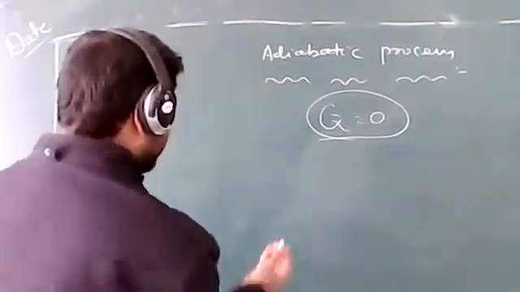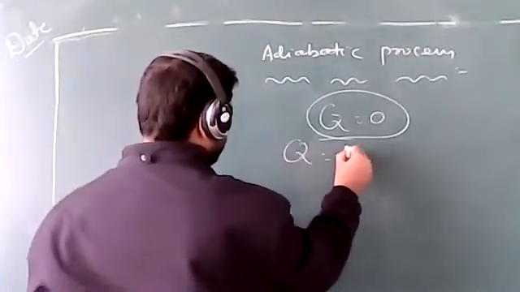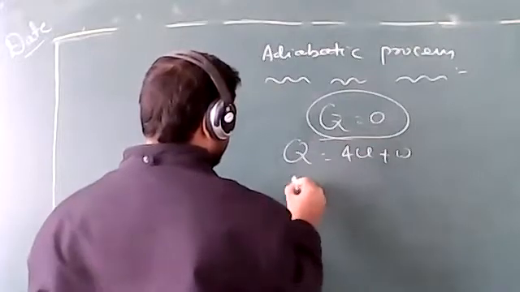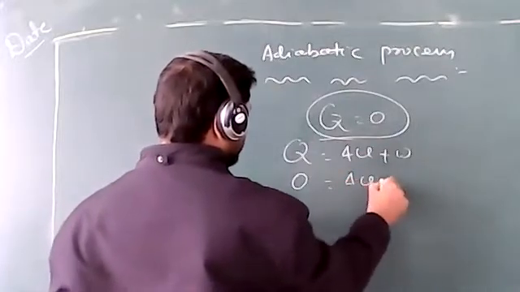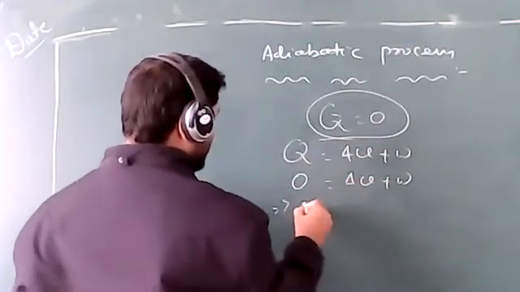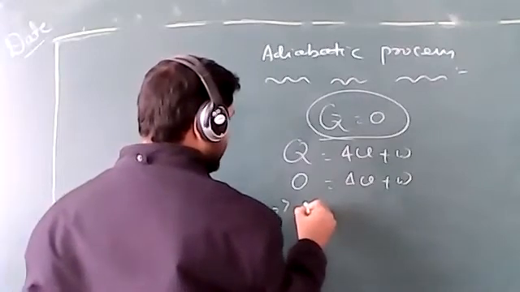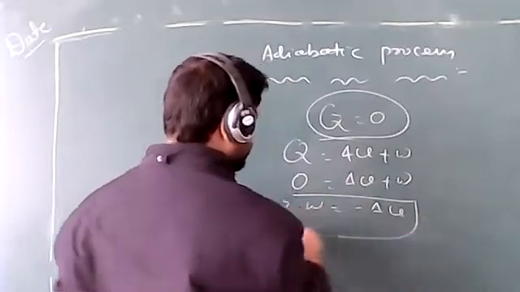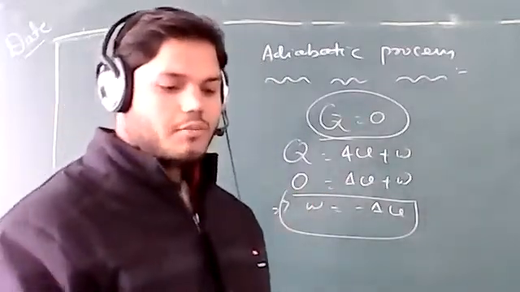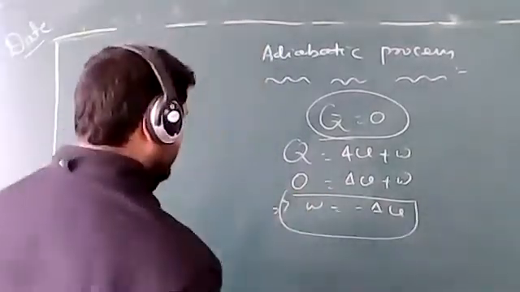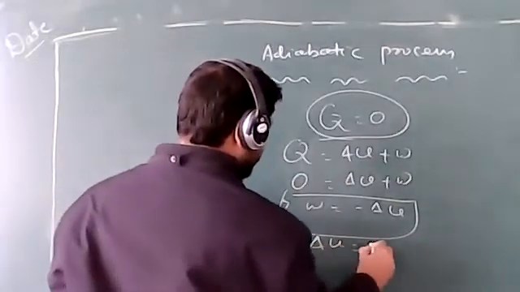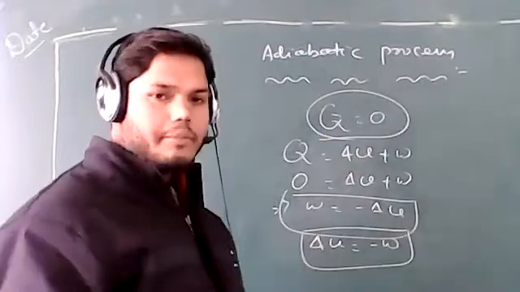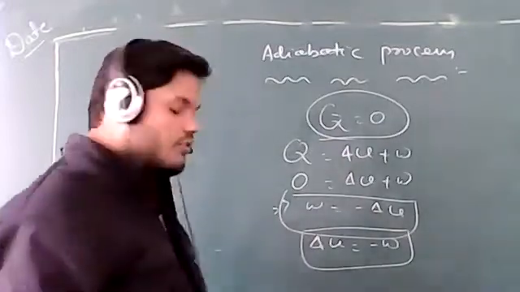The first law of thermodynamics tells that Q equal to delta U plus W. Okay. So if Q equal to 0, then what will happen? 0 equals delta U plus W. Yes or no? So W equal to minus delta U, or you can write delta U equal to minus W. Okay. So that means